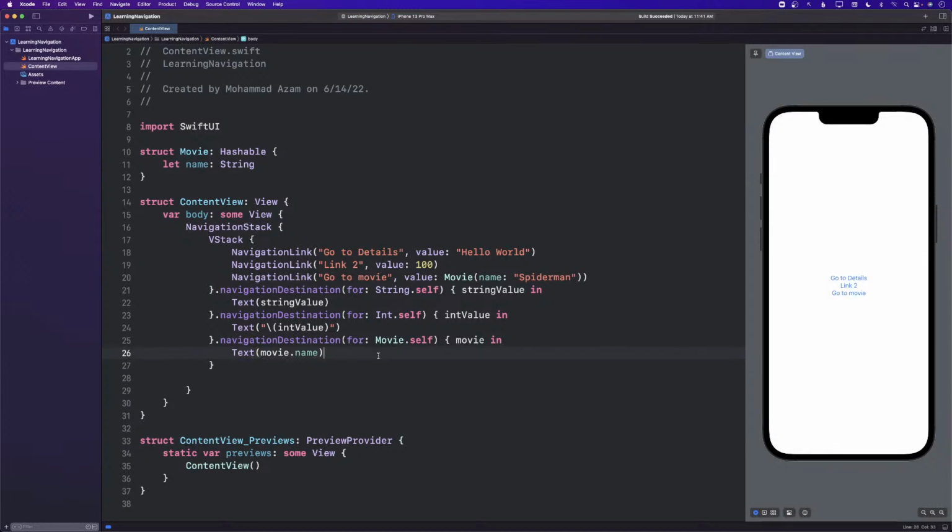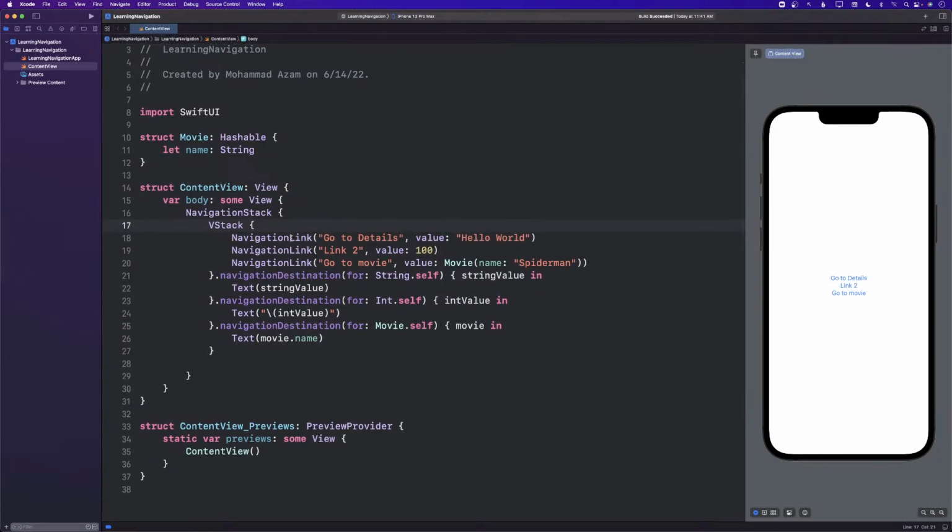All right, so in essence, this is the navigation stack. It allows you to do programmatic navigation easily. Now let's take a look at another example where we are displaying a list. The concept will be the same, because in a list we can also use navigation